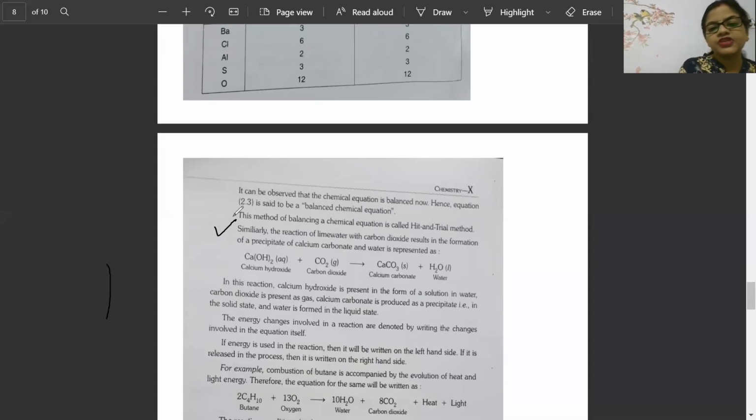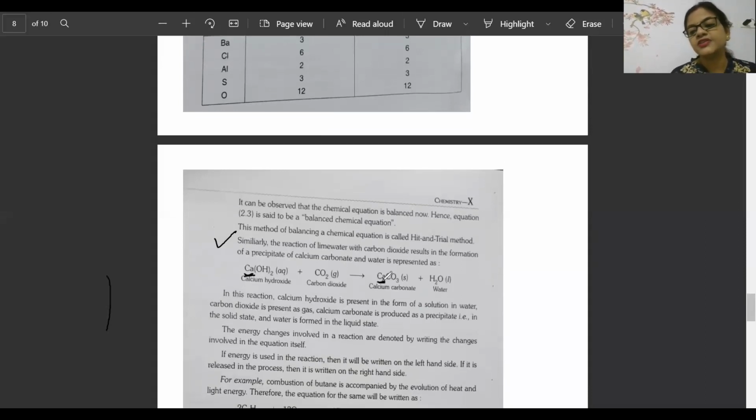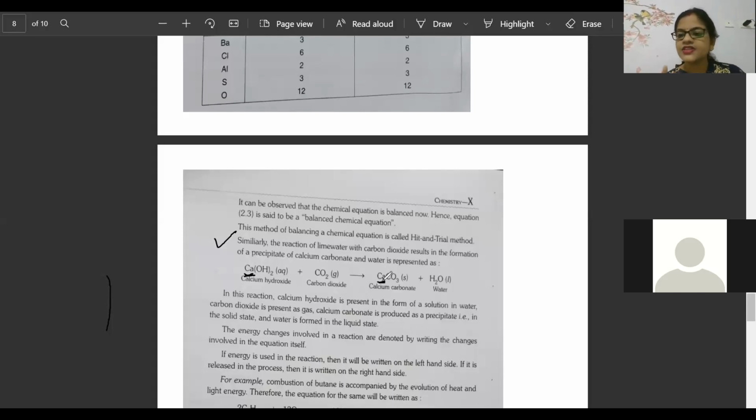Let's start the question. First, beta, what is the calcium number, Janani? Tell me. Here and here, the calcium number is? Akshay is telling 1, correct? Everyone is telling it is 1: 1 on the left side, 1 on the right side, the calcium number. Okay, Janani, you tell me better. 1 is there.